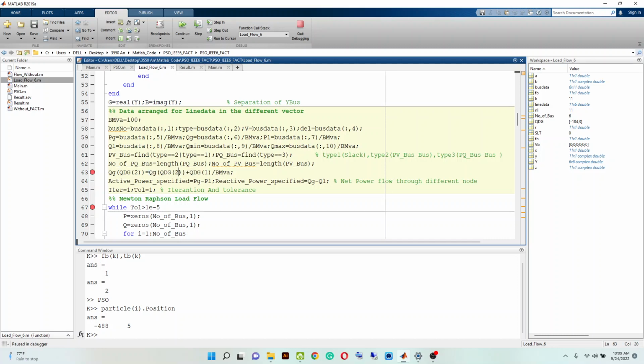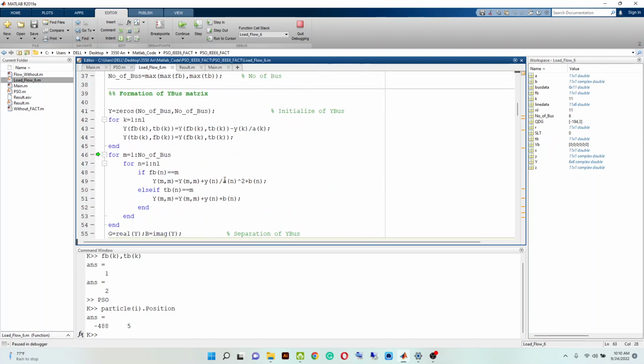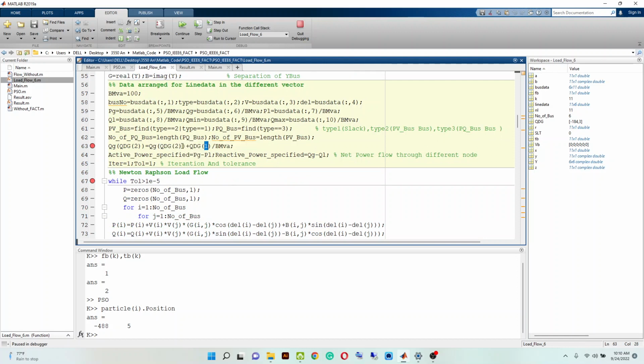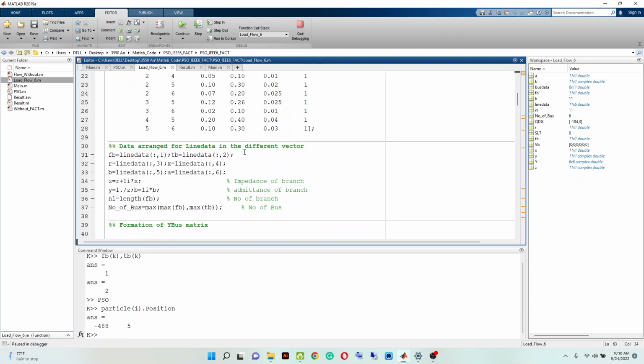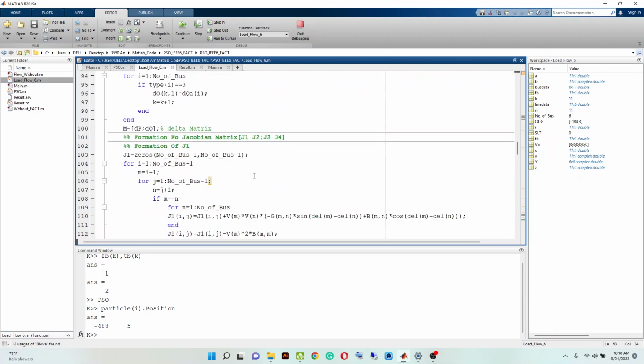Okay, and the 2 means the location and 1 means first, so putting it at the right location, third location, and the power, its size, will be divided by the base MVA. That is actually, when you click on it, it's 100. Okay,